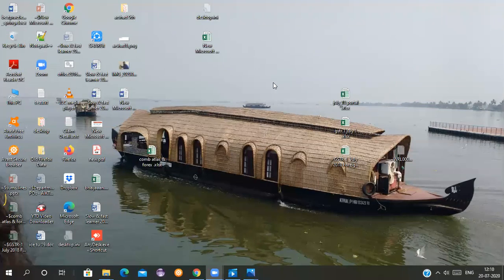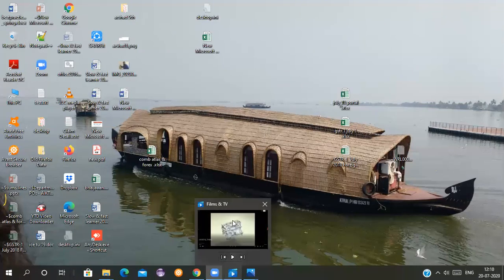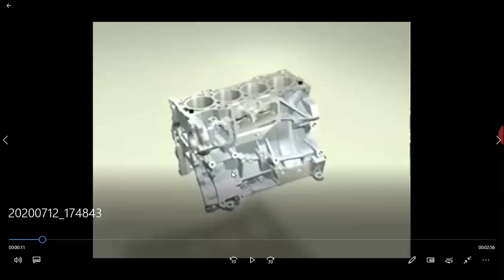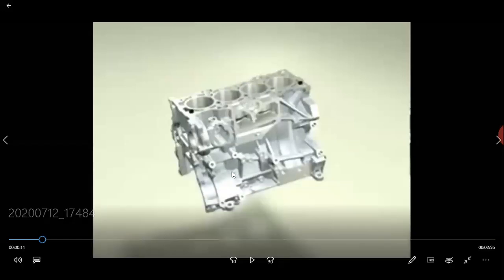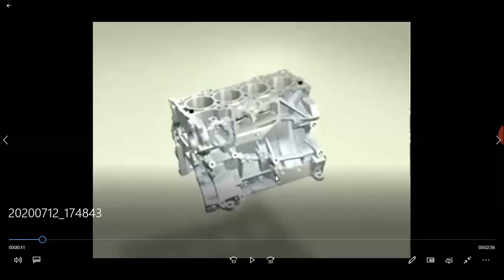So see here now. This is the constructional part. This is the main part of the internal combustion engine, in which there is a cavity. You can see the cavity here. There are 4 cavities, therefore it is a 4-cylinder engine. The pistons are sliding inside this cavity. This is the cylinder body, in which the pistons are sliding, and the reciprocating motion takes place in these 4 cavities, 4 combustion chambers also, you can say.